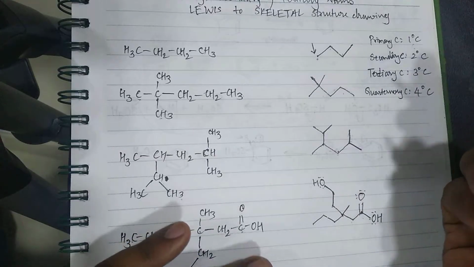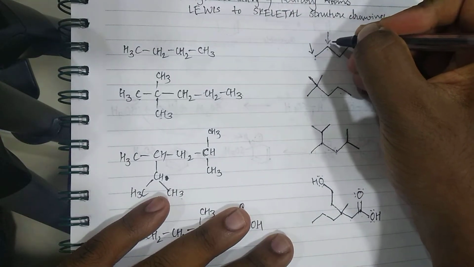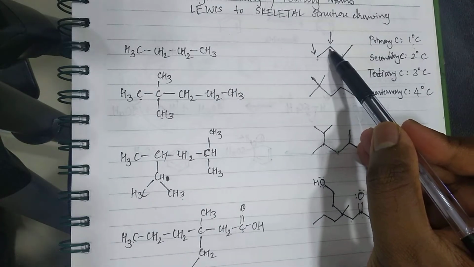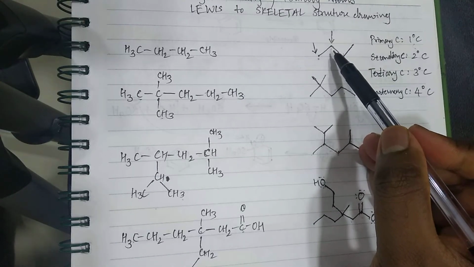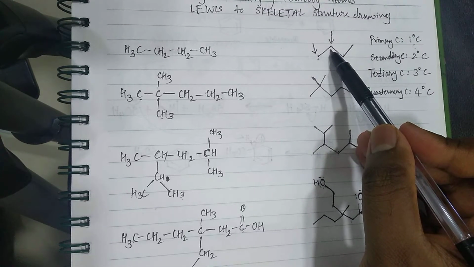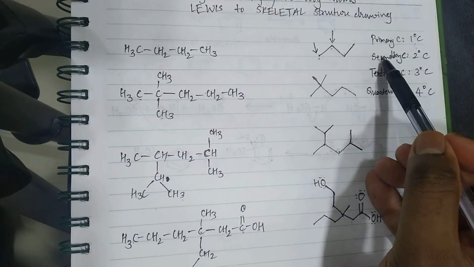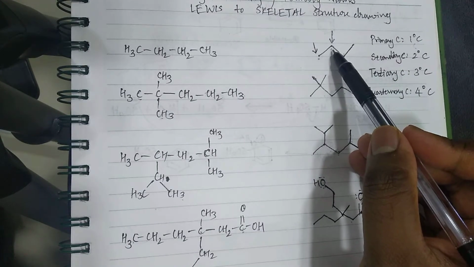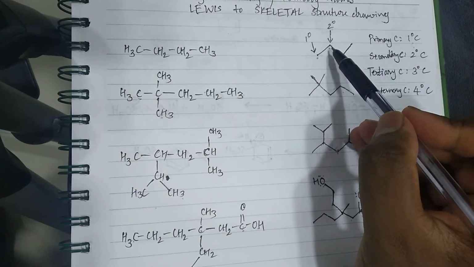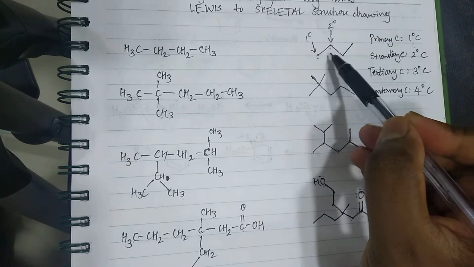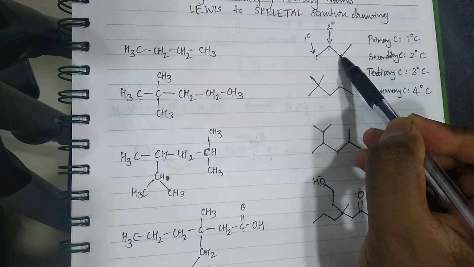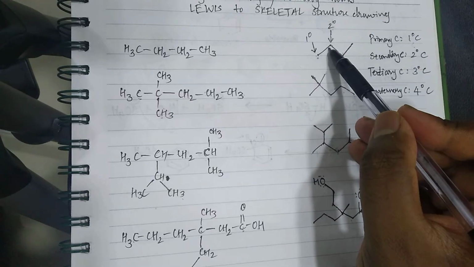Now let's say I'm talking about this carbon atom here. I have drawn an arrow. Maybe there is a reaction happening here. So what do I call this carbon atom? This carbon atom will be called a secondary carbon atom. So I'll just write here, this is primary, this is secondary. Why is it called secondary? Because it is attached to 2 carbon atoms. This carbon is attached to 2. That is why it is called a secondary carbon atom.